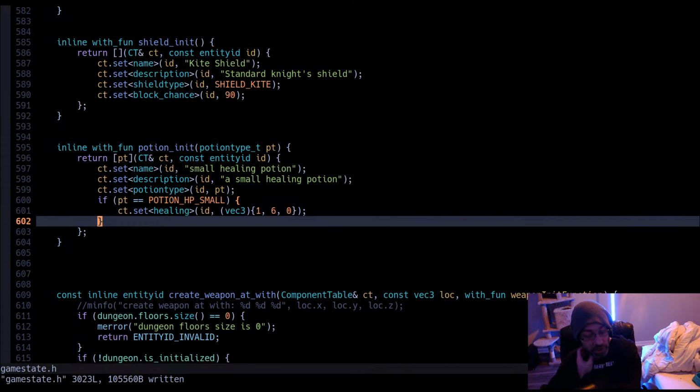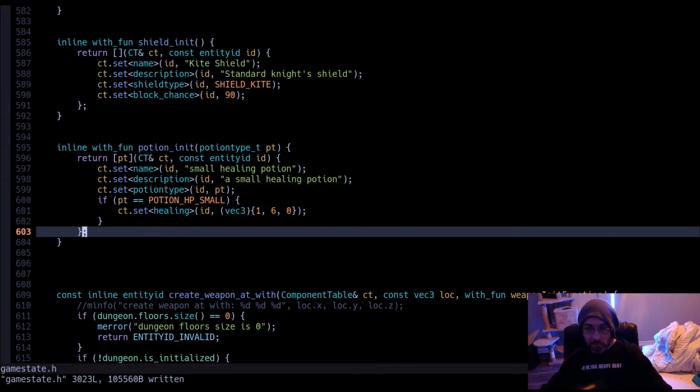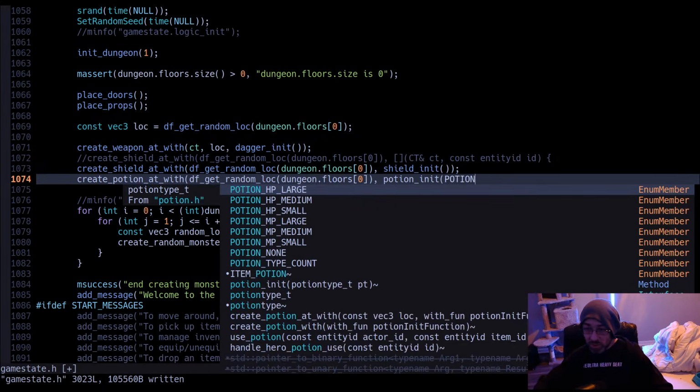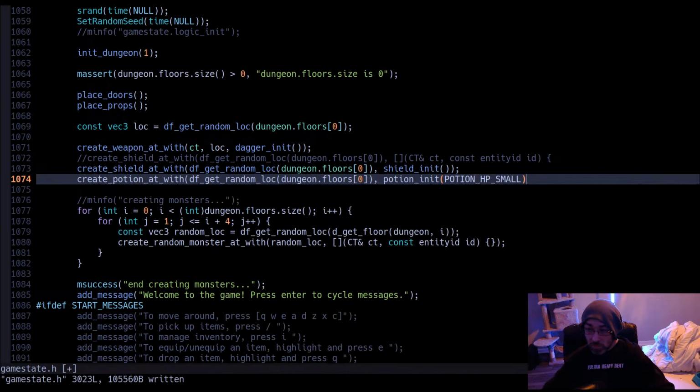So you can really define potentially literally hundreds of millions of combinations of properties. We're just getting started. So we're going to go and init potion HP small.